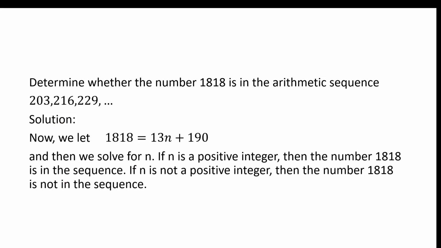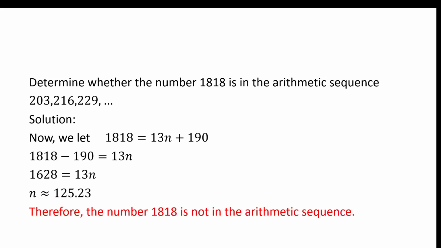Now, what we're going to do is let 1,818 be the general term. And then we're going to solve for n. Remember, n has to be a positive integer because it refers to the ordinal position of the term. Well, if n is a positive integer, then the number 1,818 will be in the sequence. But if it's not a positive integer, then that number won't be in the sequence. So we let 1,818 equal 13n plus 190, do a couple steps of solving, and we get an approximate value